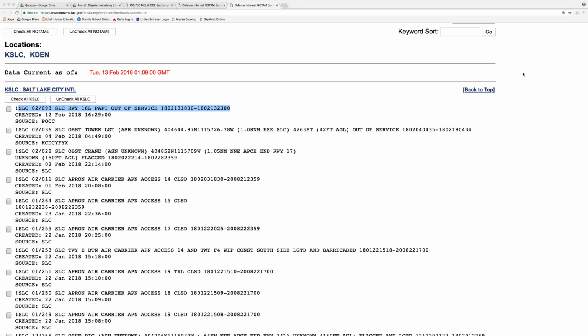So that would not be... So if you were to dispatch a flight and there's an hour difference between when it says it's supposed to be back in service and when it actually is in service, and your ETA, the important thing that we would have to do is flight follow, and watch and make sure that if it was a lighting system that we were counting on being back in service, like a PAPI, that isn't going to affect our